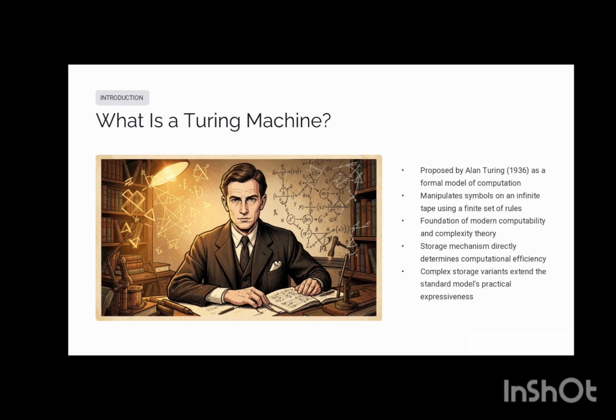Understanding storage variations is crucial because the way a Turing machine accesses and organizes memory directly affects time and space complexity. Even though all variants remain computationally equivalent to the standard model,